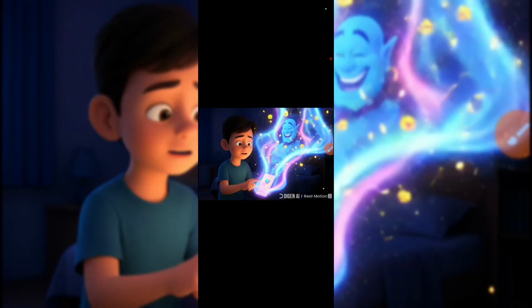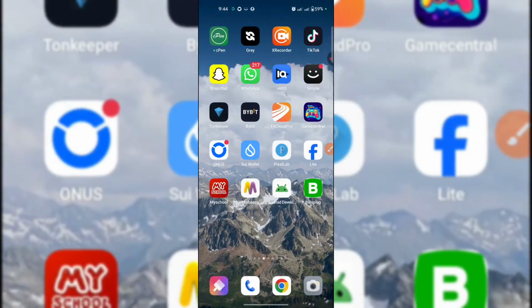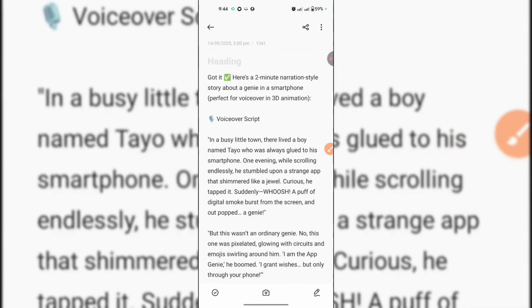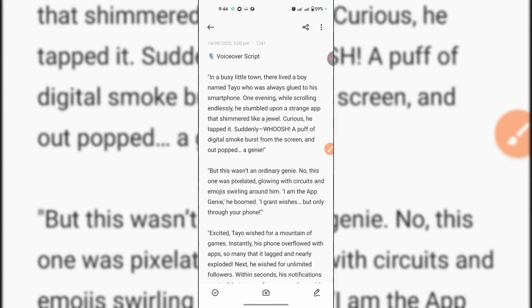But before we go to Google AI Studio, remember, let's go to my notebook first and copy the story first. So this is the story. Remember, in the beginning of this video, first of all, we copied the story, then we copied the scene, and then we copied the prompt.